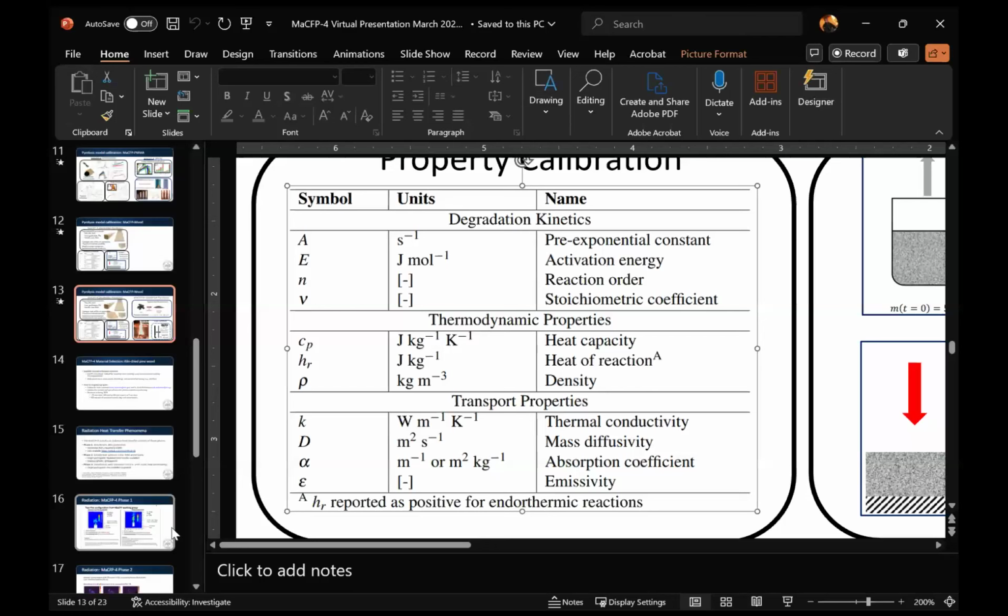The key thing is, in that table that Isaac showed, those are the things that our current state-of-the-art fire models require. And so we kind of need a complete set of those. If you want to provide that information in whatever form you want, as long as someone can use it in a fire model, then I think we'd be happy to have it. So does that answer your question?